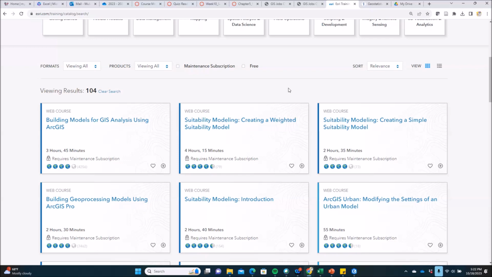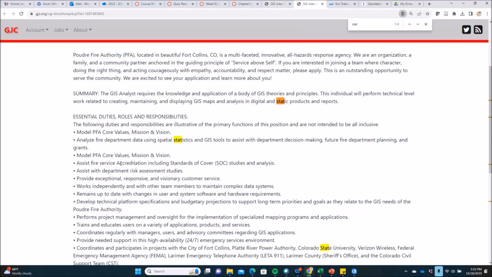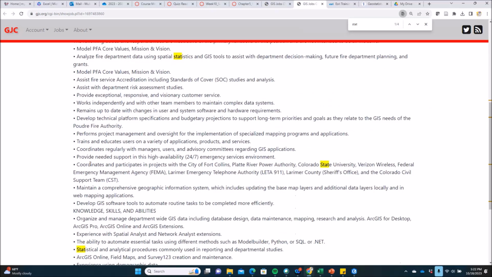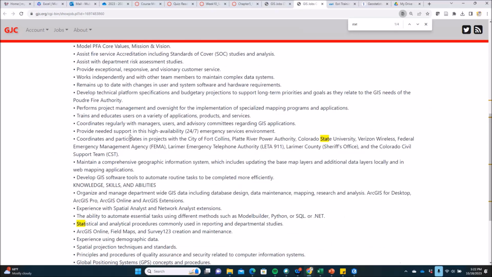So like Ariel said, we've got modeling, and that gets into 3D representations. To me, modeling can mean a lot of things, but in the modeling they're talking about with this site here is the whole idea of prediction. You know, where is it going to go next here? But also fire department data, standards of cover studies,